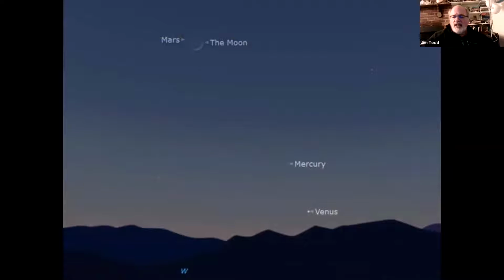And then hopefully you got to see this great display this past week of Venus, Mercury, the Moon, and Mars. It was a great show all the way across. Venus is particularly bright. Mercury is dim, but you can still see it. It was pretty easy to find. Mercury is kind of in the middle between Mars and Venus, and Mars is still quite visible, and they were literally touching each other with the waxing crescent moon. It's still visible. But for the next few days, Venus is going to continue to get higher. Mercury is going to start going down. And by the first week of June, it'll be below the horizon. But Venus will be very prominent